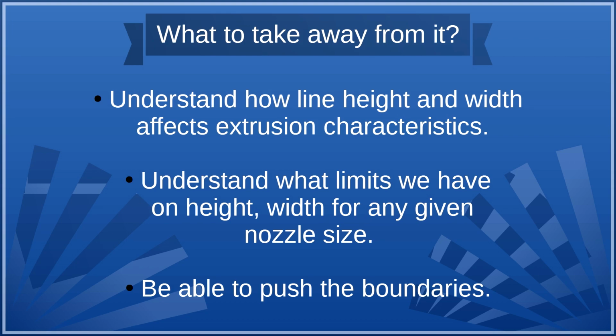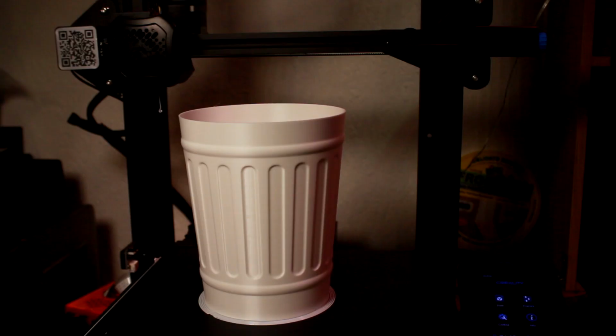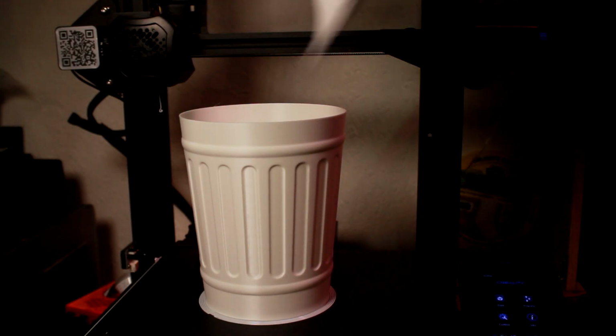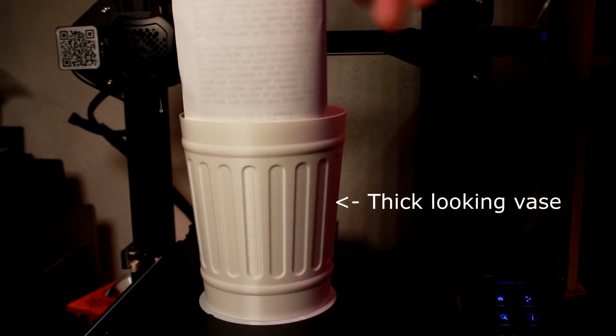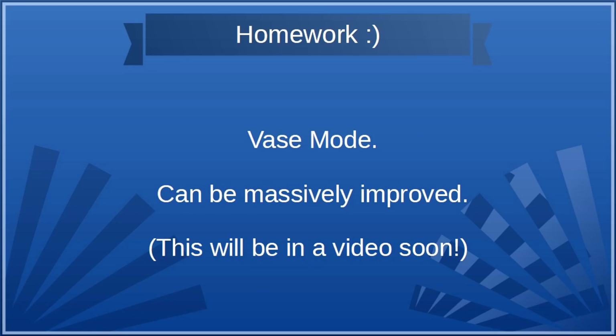Something I do want to leave you to think about is vase mode. I want to cover this in the future, but you ought to now have enough information to be able to work out how you can improve the strength of items printed in vase mode dramatically in the same amount of time and at the same speed, but just changing one single setting. This is exactly what I mean here. When you know the theory, you can work out how to exploit it for better results, and if you know what I'm talking about, put it in the comments.